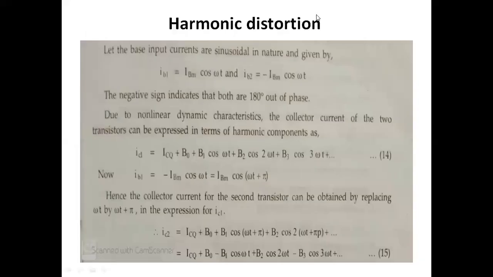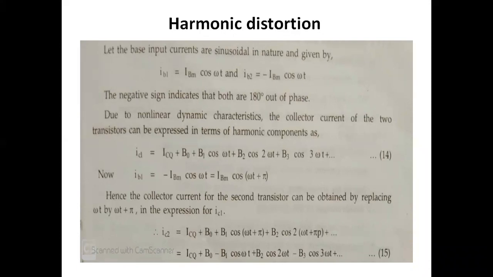Harmonic distortion means that the output is not exactly replicated as the input signal because of some harmonics. This is also called amplitude distortion. In the previous session, in class A also, we derived the equation for harmonic distortion. Similarly, in class B amplifier we also have harmonic distortion. So what is the theoretical value of the distortion? We will calculate the distortion here.